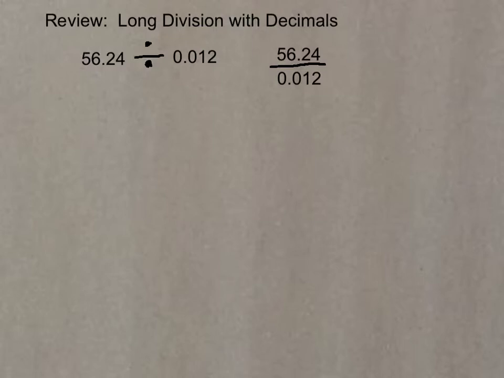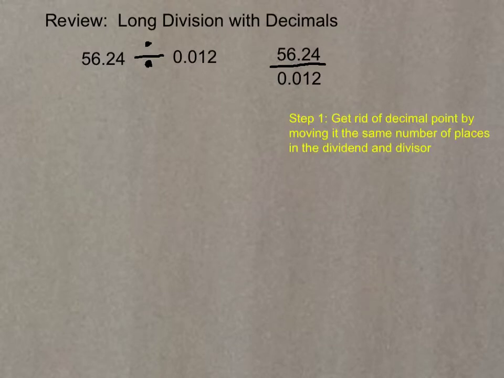This is a review and example of the procedure for doing long division with numbers containing decimals. You will note that both of these divisions mean exactly the same thing: 56 and 24 hundredths divided by 0.12, or 12 thousandths. So the first thing we want to do if we're dividing with decimals is actually to